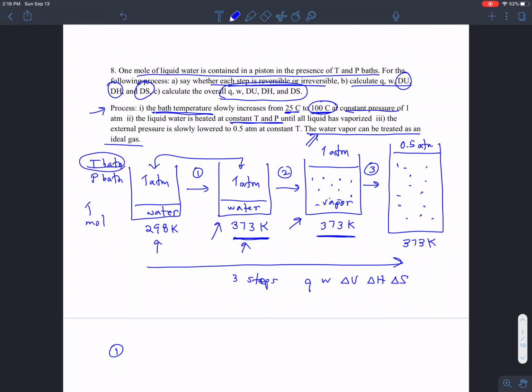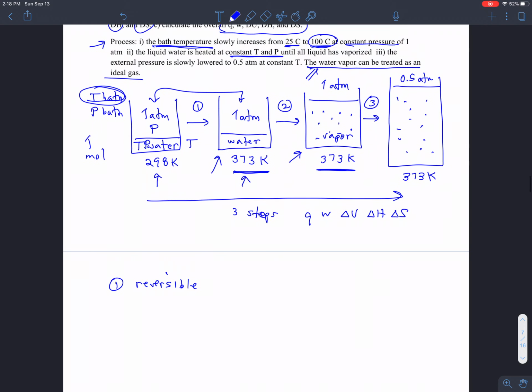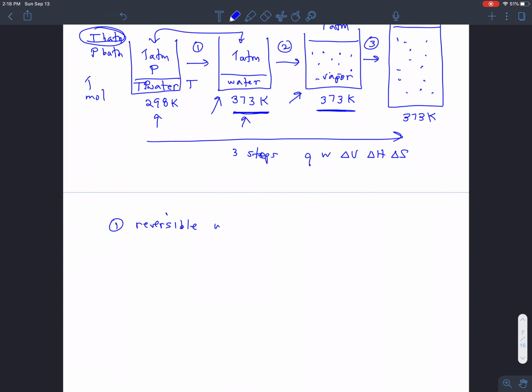So it does say that the temperature of the bath is actually rising. And that means that the temperature outside always matches the temperature inside. The pressure outside is always going to match the pressure in the system itself too, because there's a movable piston present and the outside is a pressure bath, and that's not changing anyway. So this should be a reversible process. The forces are always balanced at every point, the forces being pressure and temperature in this case. And so we're doing a reversible warming process,